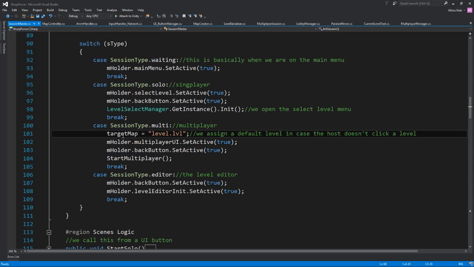Multiplayer, we set the target map just in case the host forgets to assign a level. It's going to hardcode just one level. This needs a little bit of care. Okay, since this is hardcoded, it's always going to look for a level.level